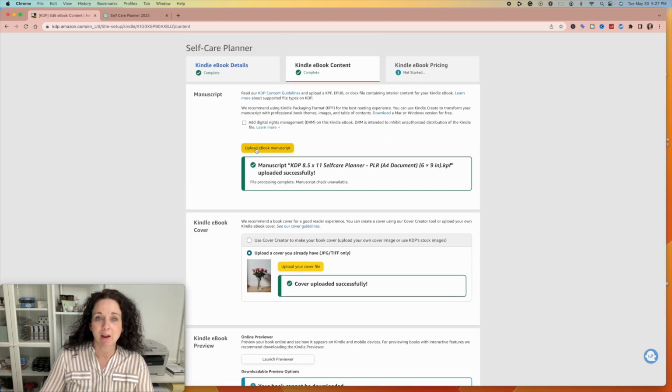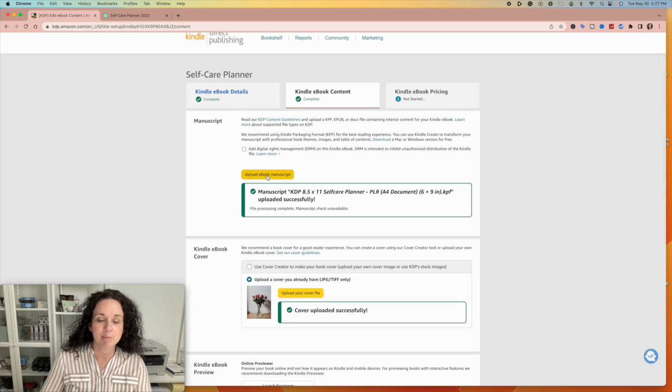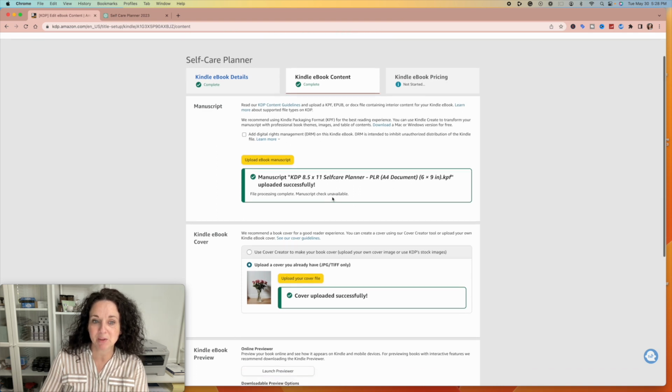So I had problems with this earlier, which is why the recording got delayed, but it would not upload my ebook manuscript because I wasn't flattening the PDF before I put it into Kindle Create. So that step is so important, because if you do not flatten it first, it's not going to work. So you hit upload ebook manuscript, you choose that Kindle Create file that you saved to your desktop, and it's